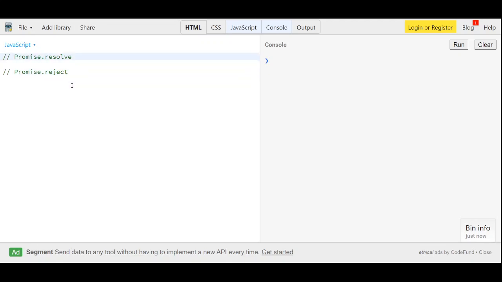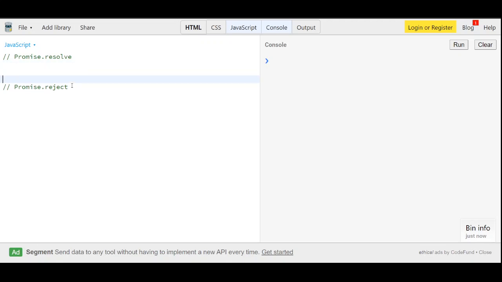If you have gone through my videos, you'll find that resolve and reject are the two states of promises through which each and every promise goes. Resolve is basically when the promise gets fulfilled and the resolve method is called. If you have to resolve it manually, you can call promise.resolve. Similarly, reject is basically for the rejection of a promise.